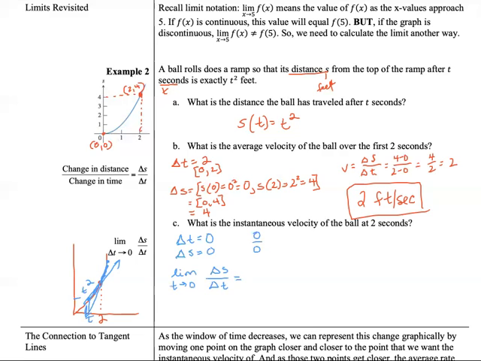And we're going to look at what happens as that t gets closer and closer to 2, which has a distance from the start of 4. Okay. So my change in time is getting closer and closer to 0, meaning my t is getting closer and closer to 2. The limit as t approaches 2